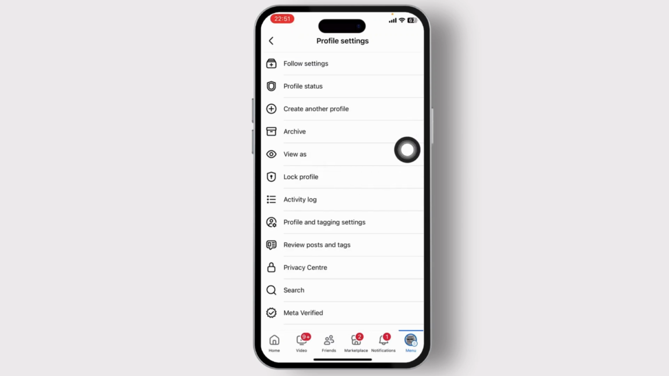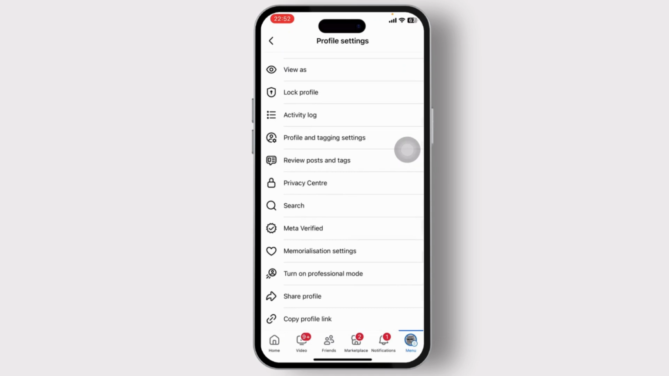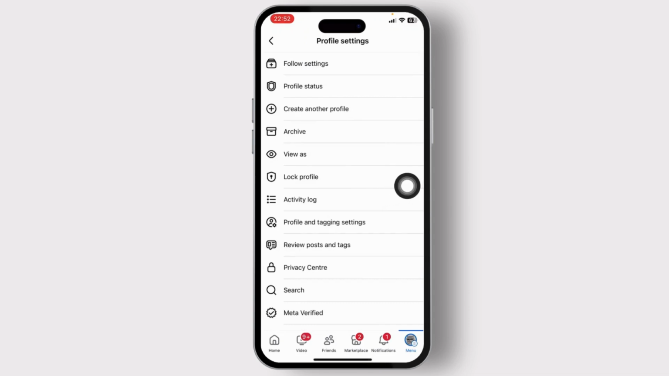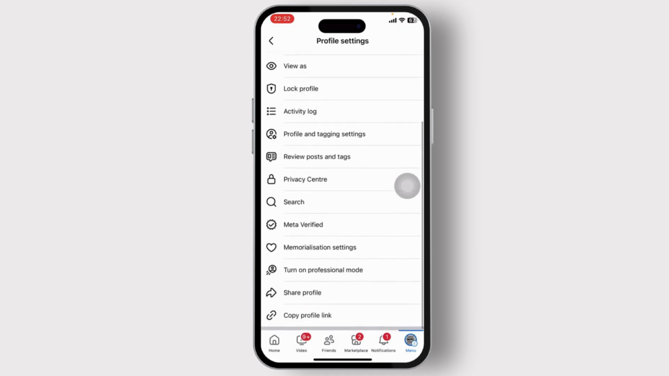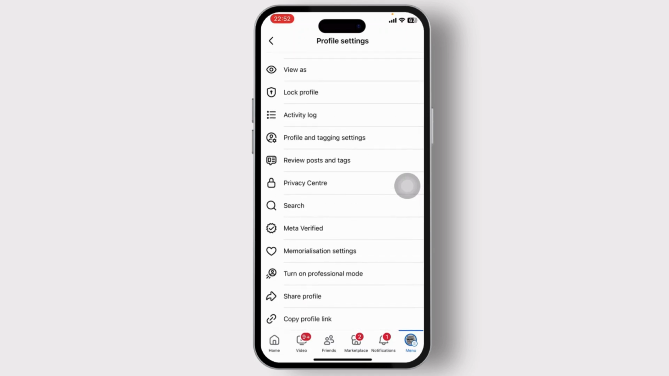Now if it is not showing for you, the reason can be that your account is on professional mode. So if you turn on the professional mode, which is right here, your profile cannot be locked. So to lock your profile and for the lock option to be available, you will actually need to turn off professional mode. To turn off professional mode, you will need to actually head over to this very setting, that is